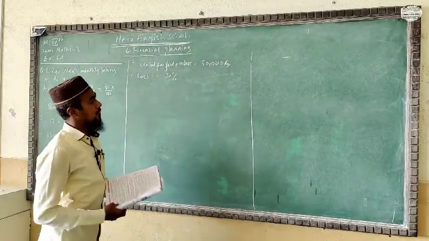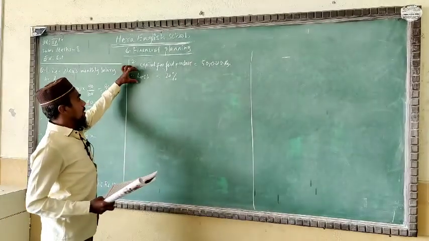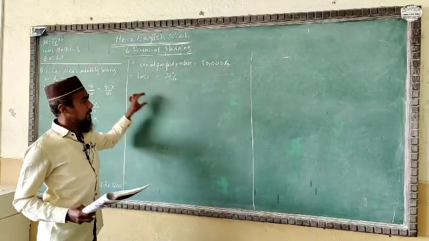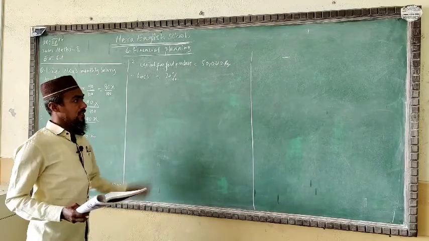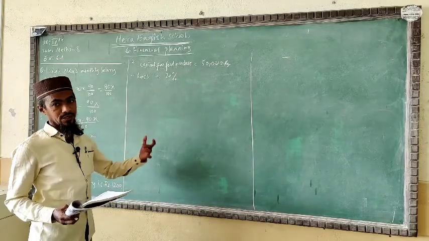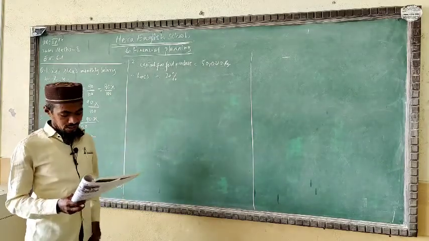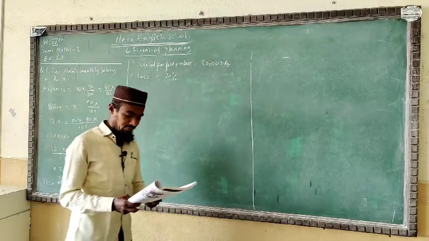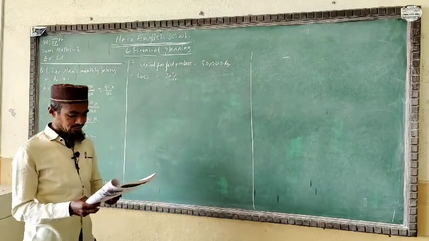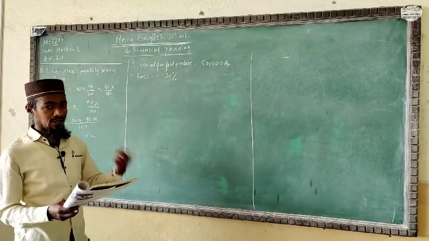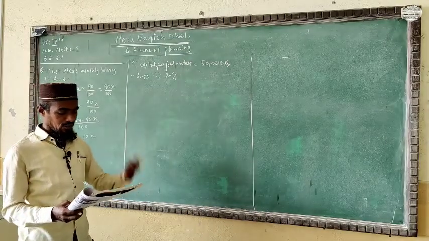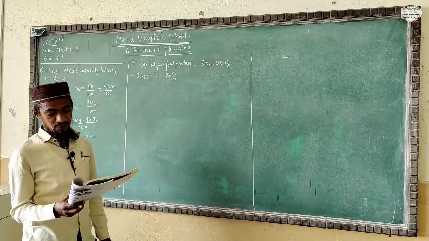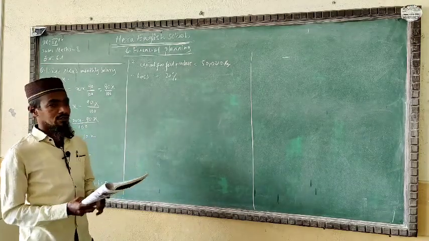The loss, first of all, we'll see. How much loss is there? 20% of 50,000, we'll calculate the loss. Then the remaining amount, whatever will be there, he invested in another business. He invested the remaining capital in a new sweet business. And in that second business, he got a profit of 5%. Then how much was his profit or loss in the overall transaction?